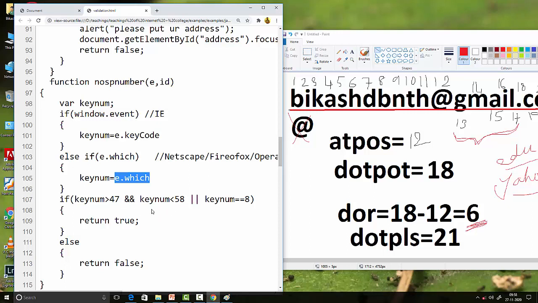Actually these are the ASCII values of the numbers, 0 to 9, and keynum equal to 8, then it will return true.